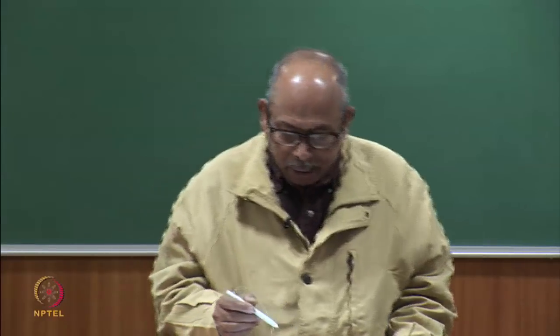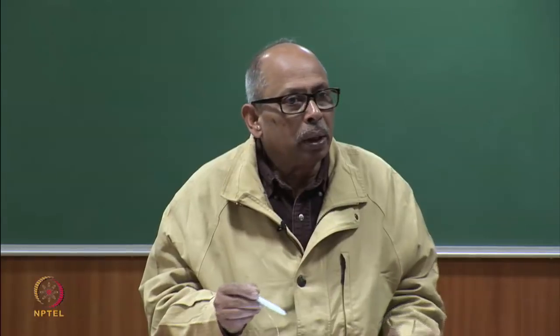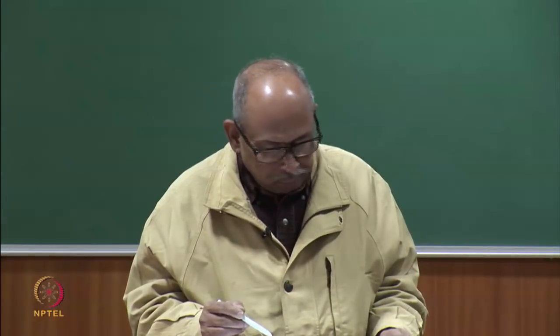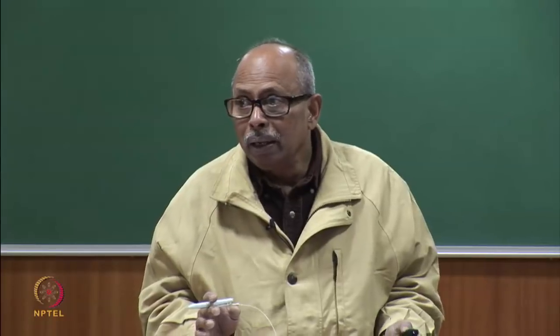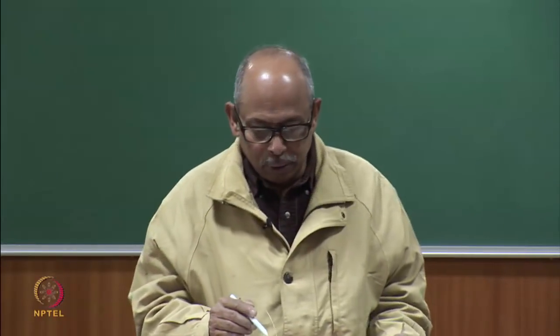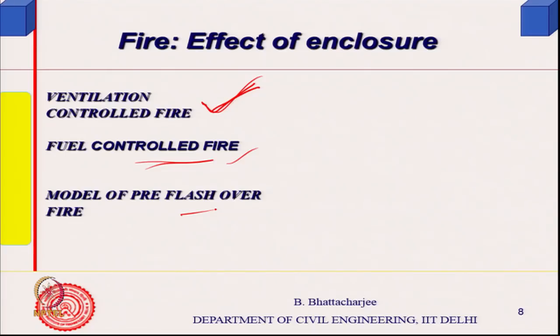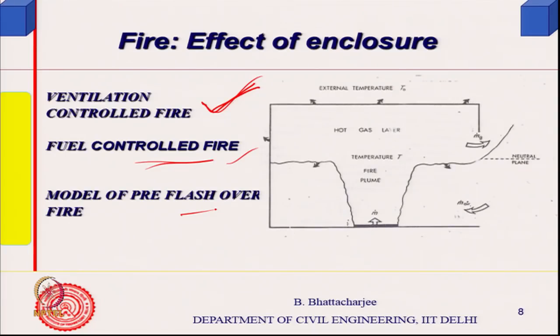So, as we said, we can have situations where I will have ventilation controlled fire, that is, oxygen availability is not in abundance, while fuel controlled fire is where oxygen is available in plenty, but fuel is getting depleted. So, this is a situation. We can also do some modeling a little bit, but let us understand first physically. The model is not important, I am not going to solve the model here, but give you the physical understanding of